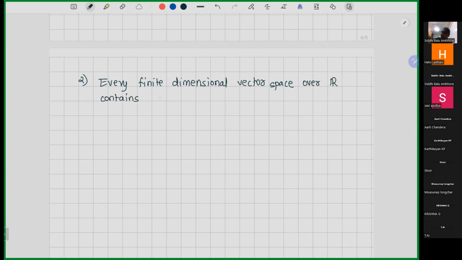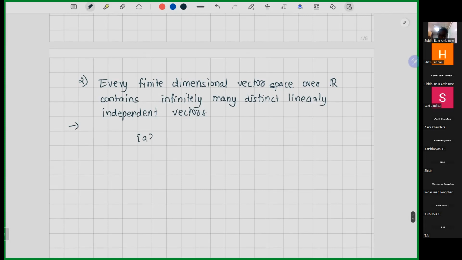When I say this, I'm not saying that we take a set A in that vector space and it has infinitely many independent vectors. No, I'm saying that if I have a subset,